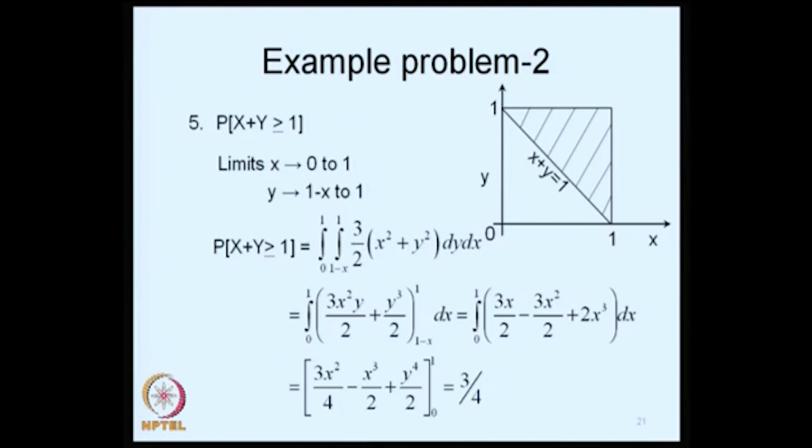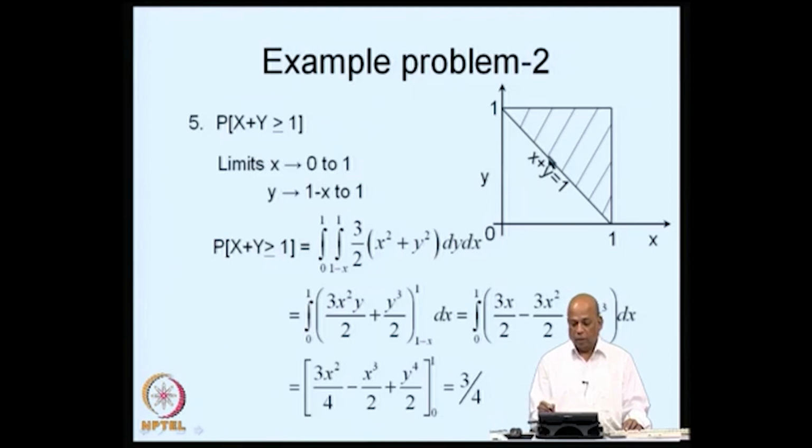Next we see the probability of x plus y being greater than or equal to 1. Again we draw a line x plus y is equal to 1, and we look at the region where x plus y is greater than or equal to 1. Say for example, we are looking at